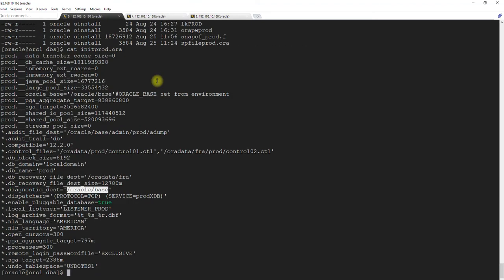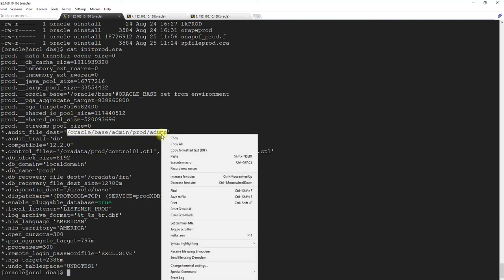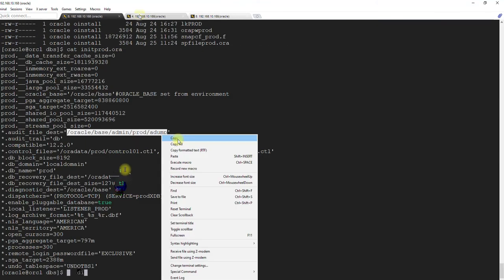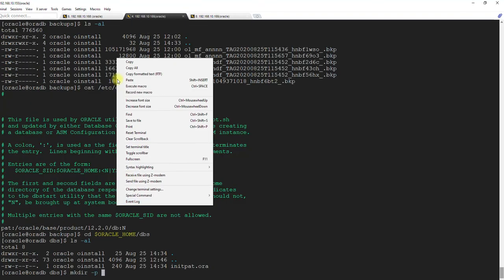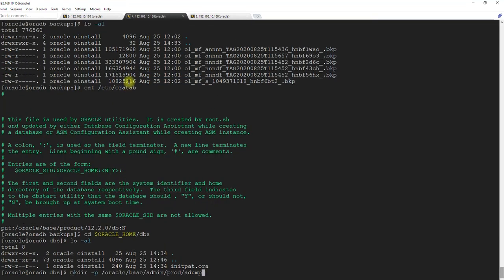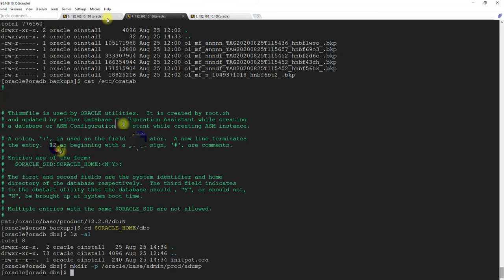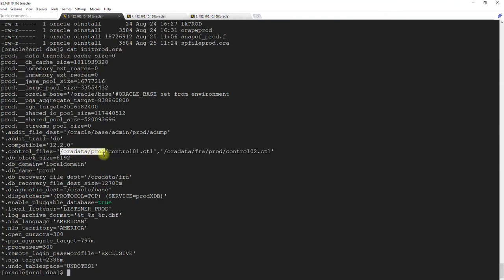So let's start creating the directories. This is very important, otherwise Oracle will throw an error. So let's create this directory with mkdir -p. It's done. What other directory structure is needed? For this you don't need to worry, because we will be changing this to pat, as well as this pat as well.